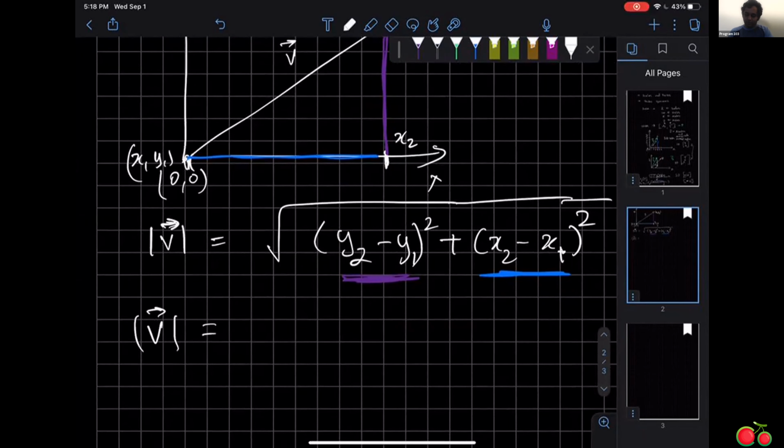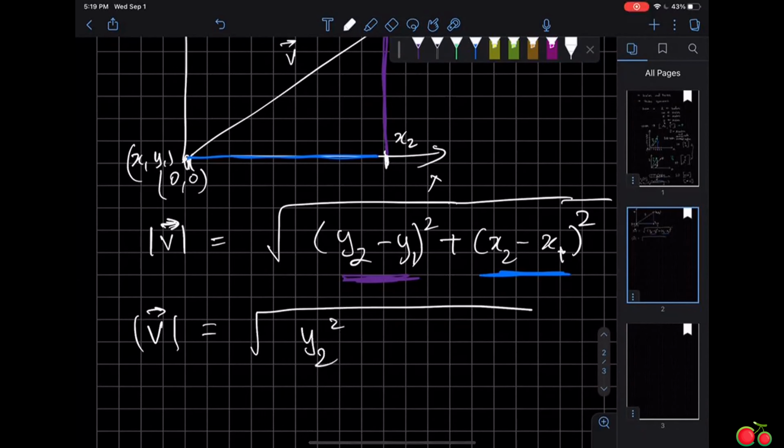Like what do I write here? So you know what x1 is, you know what y1 is. So what would I write here? Let me start with saying that there's a square root, and then what are the other terms that I have to write next? y2 squared plus x2 squared. Yep. Does that make sense